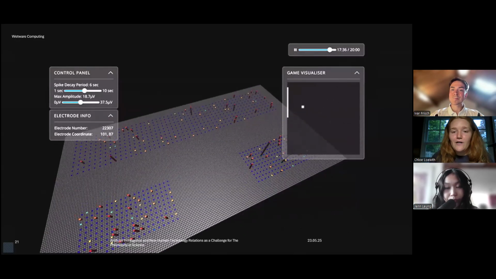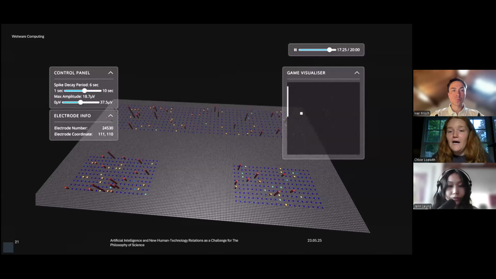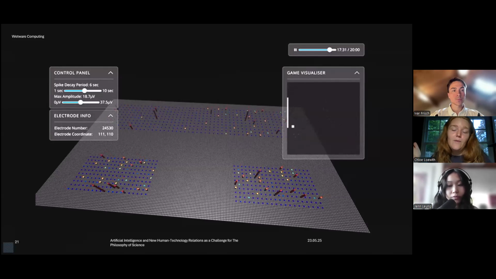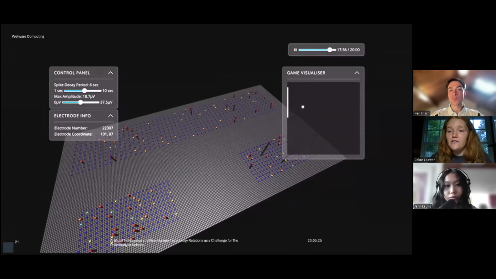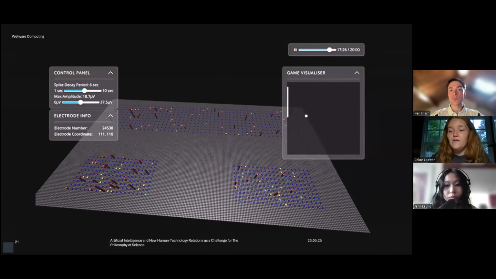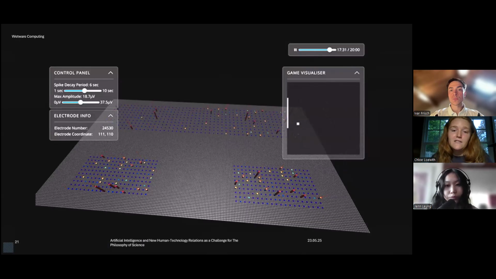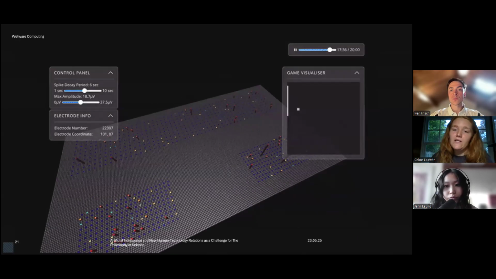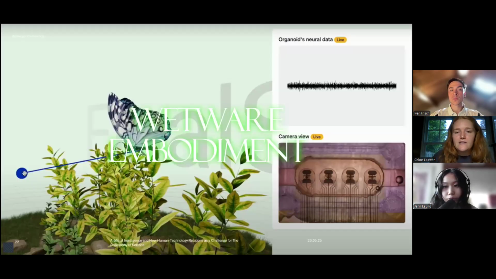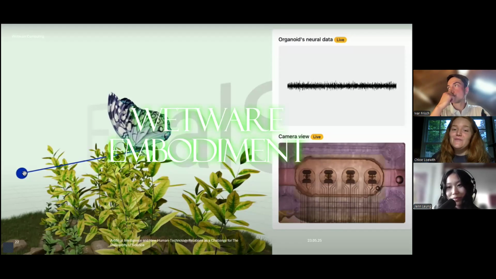So specifically here for the Pong environment, the way it works is the virtual paddle, if it was successful in hitting the ball, the positive feedback signal was sent to that sensory region to reinforce this behavior in the brain organoid. And if the paddle misses the ball, then a negative, less predictable feedback signal was sent to the neural organoid. And this is, I think, the last example we're showing today, but currently on the FinalSpark website, which is the primary business model for organoid intelligence currently, you can go play with their interactive butterfly demo, in which the human brain organoids control this virtual butterfly in a simulated environment.